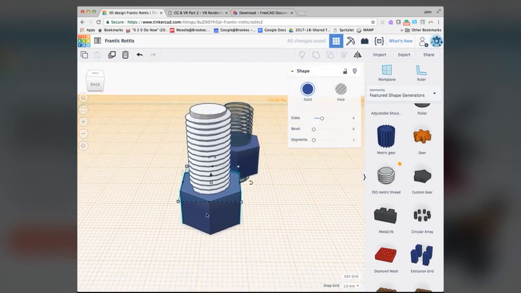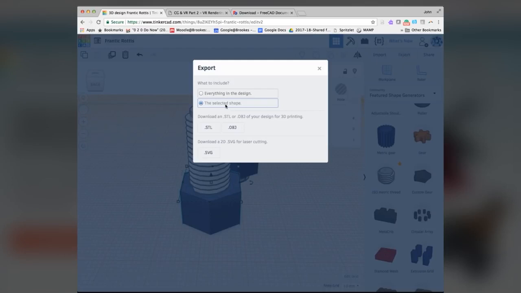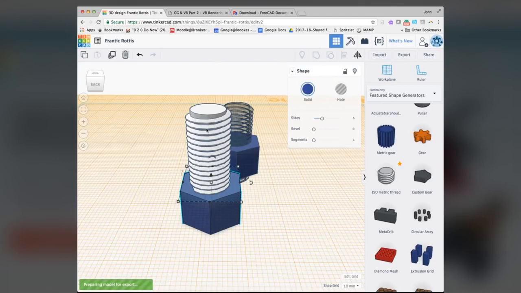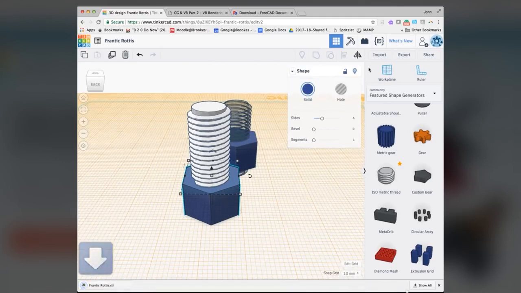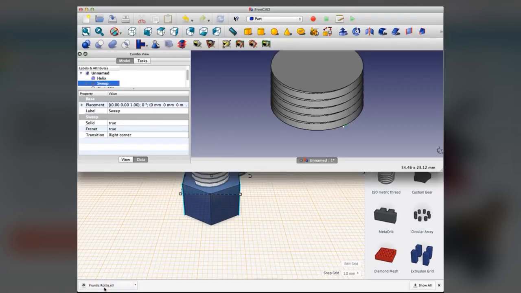And if I want to print that out to 3D, I go here and say export, download for printing. I can say everything in the design, download that as an STL. And that should come down here now. And there, if I open that, I'll bring it into FreeCAD now. Oh. I used to open it into